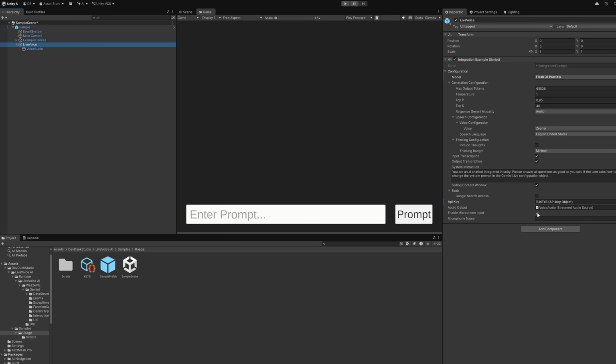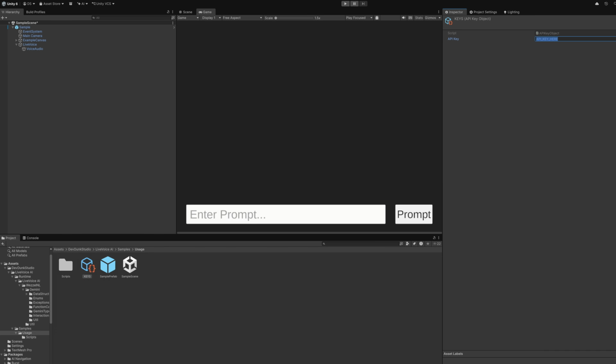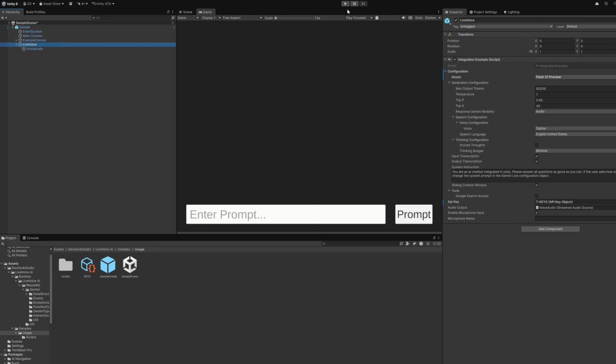Of course, do enable microphone input if you want to have voice-to-voice. You can also just type in prompts right here. That also works. But of course, the real killer feature is having the voice-to-voice in here. And then lastly, you do need an API key. For this, go to the AI Studio from Google and paste in the key right here. But now that is set up, it should be pretty much good to go, and you can enjoy Gemini Live